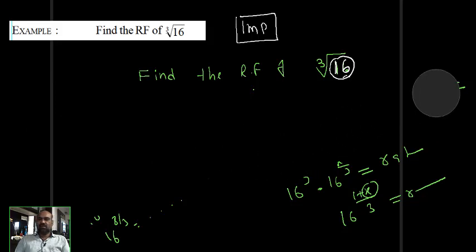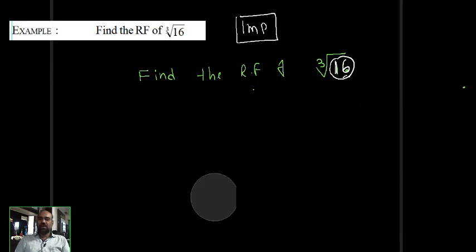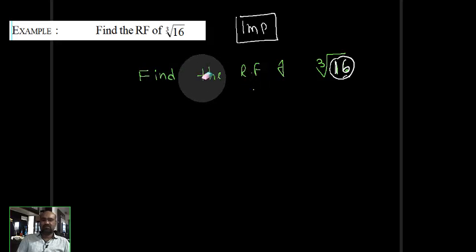Okay, now I will show you how to find the actual simplest RF. What you got was an RF only, but that is not called the simplest RF. My question is "find the RF". If I write the question as "find the simplest RF", that is not the right answer. Now I will change the question.